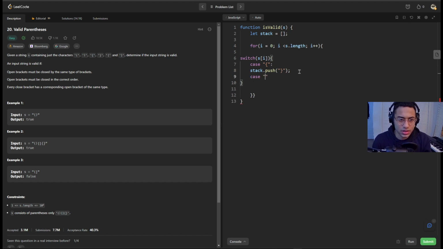And then case open square means you stack push open square bracket. And then case open parentheses, you